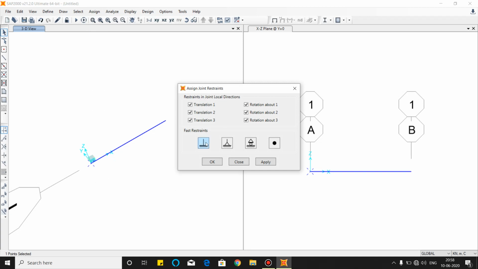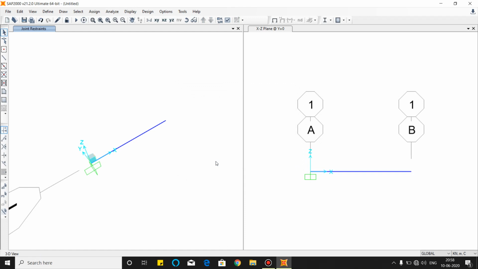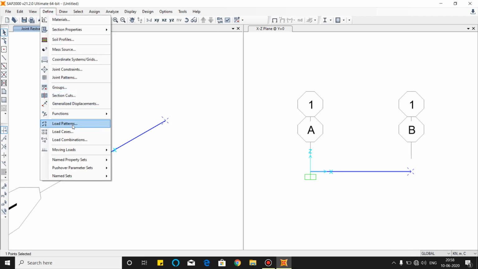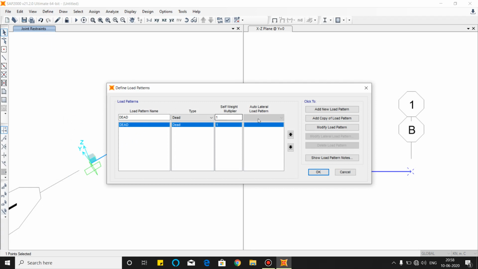In a cantilever beam, we have to give one end free and one end restraint. So select the nodal point and assign joint restraint. We will give a fixed end. This is the cantilever beam with fixed end and one end free.